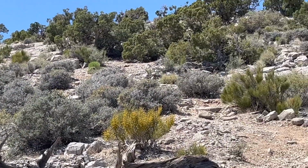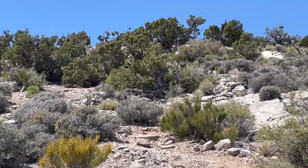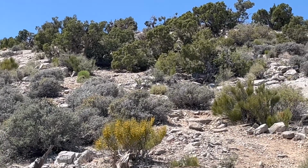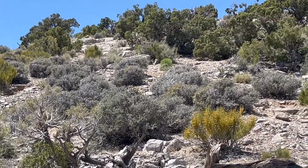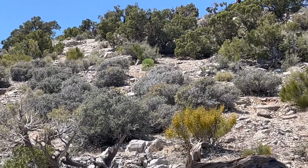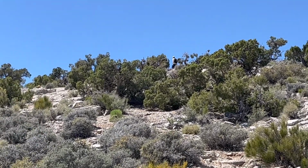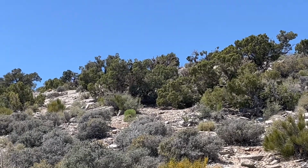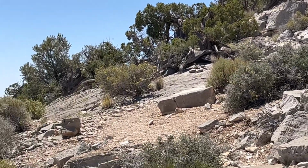All right, I just wanted to show you what that backside heading up to Turtle Peak looks like. We still ain't quite there yet. According to my calculations, we have another 1/10 of a mile and another 200 feet of elevation gain. But I just wanted to give you a 360 while I'm right here. So I'm looking up. The peak is just over the edge of that. But going to my left, which will be looking east,